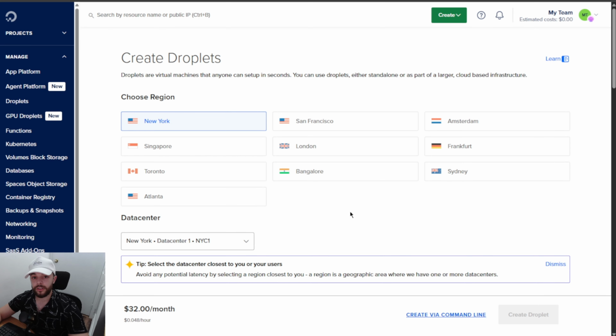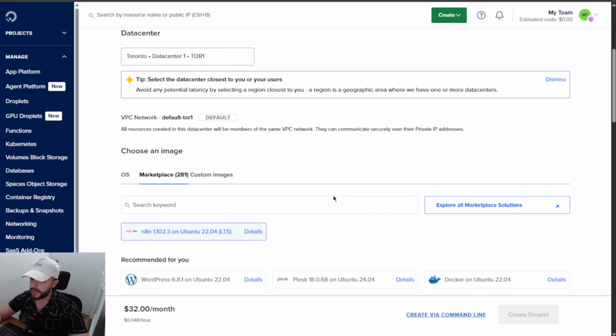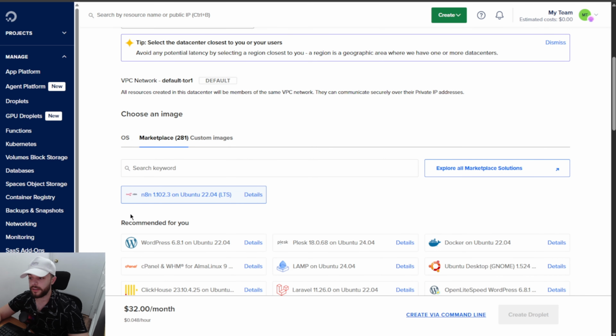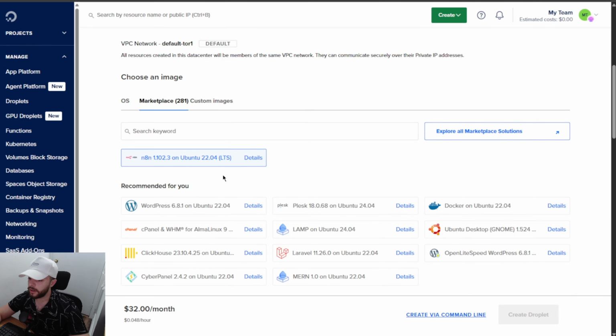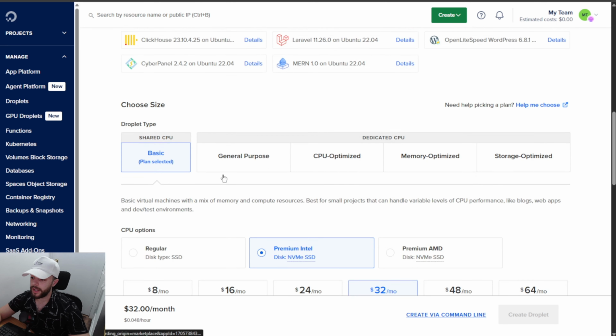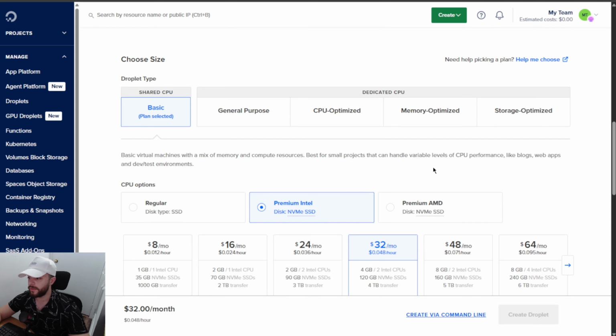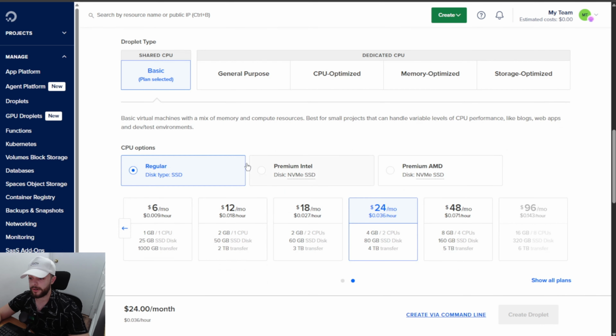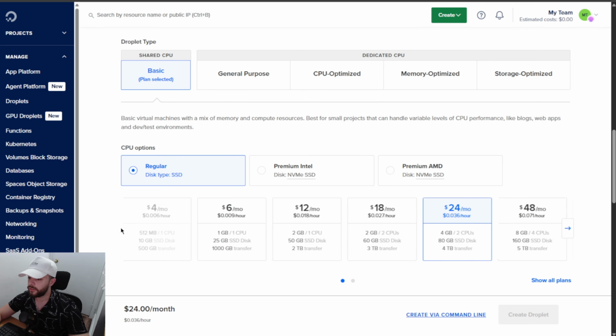So first we're going to select our server region, just select whatever's closest to you. So I'm going to choose Toronto for me. It should automatically select the latest Ubuntu version. So for me, it's 22.04 currently. Then we're going to scroll down and it's sort of going to try and get you to get a more powerful server. Not necessary, just select the lowest CPU option for now. You can always upgrade in the future if you need. So I'm just going to select on regular for CPU and I'm going to choose the $6 per month or